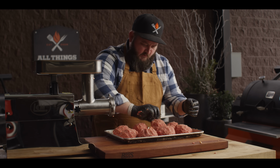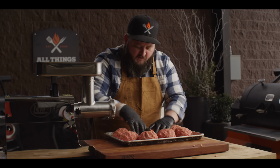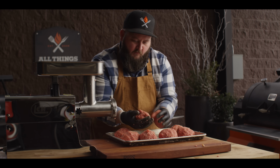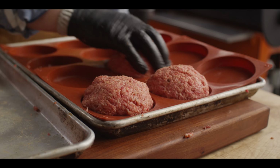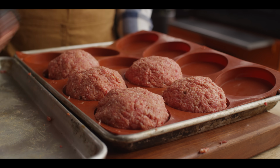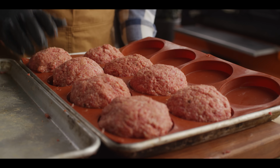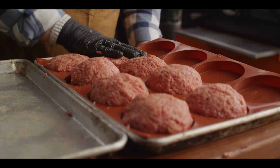I can tell you some of these are a little bigger, so I should have just used the scale. Looking pretty good now. So now that we've got these portioned, I'm just gonna throw them into some molds. These are actually molds I use for upside down cake, but they'll give us a nice starting point to get an even sized burger. And then we're gonna throw these into the fridge just to firm up a bit,